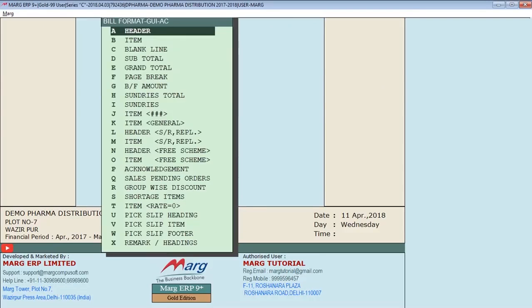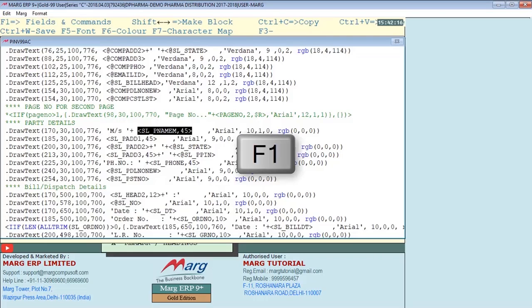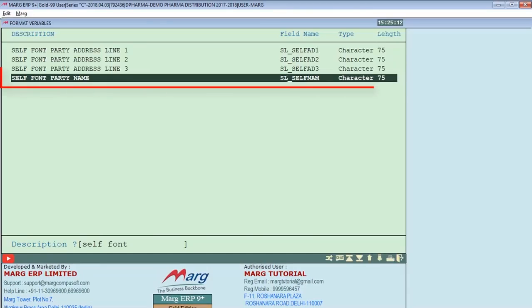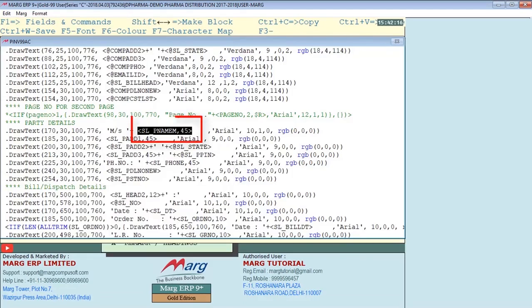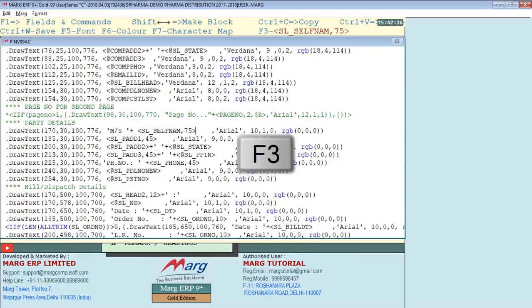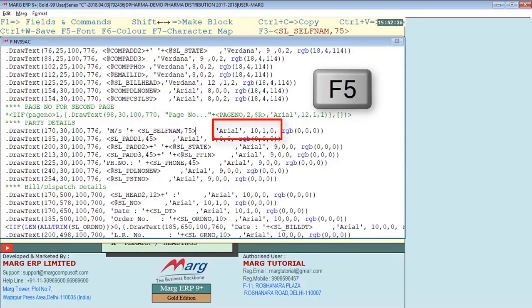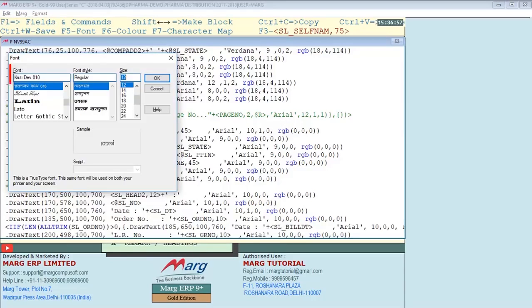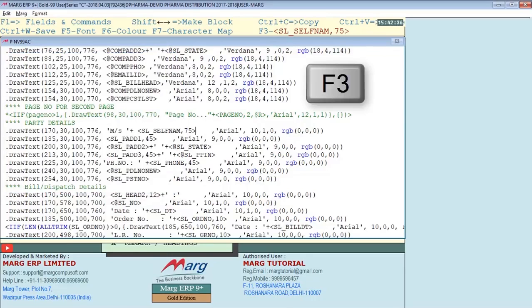As we want to print the party name and address in the header, which we have typed in Hindi, go to header for that. Press F1 key and search Self Font Party Name for party. Press enter and paste the command here by pressing F3. Also press F5 here, then change the font. Select the Hindi font here as well. Do OK.